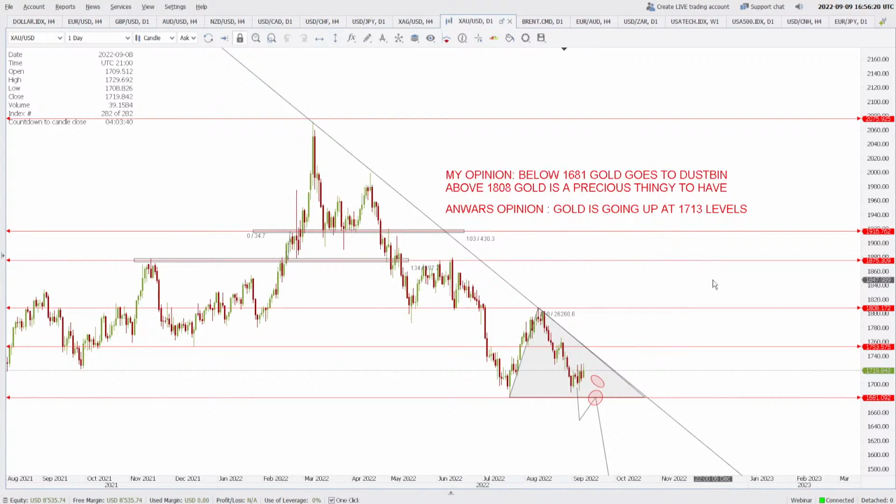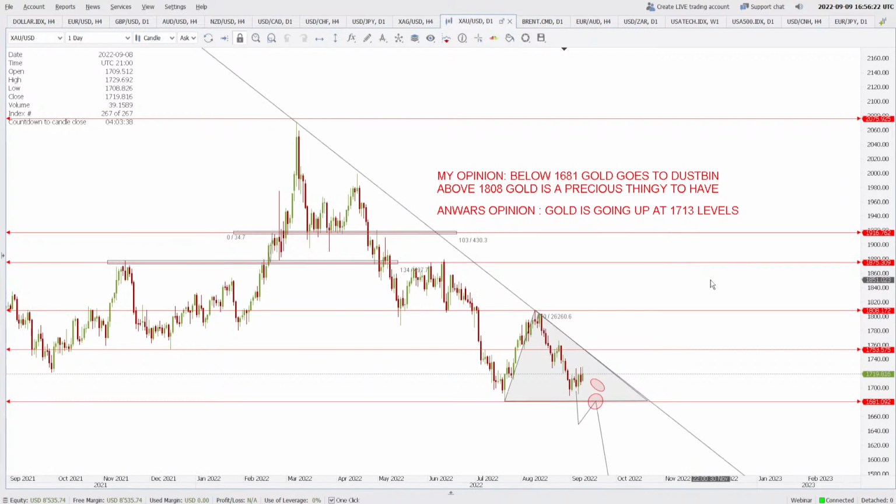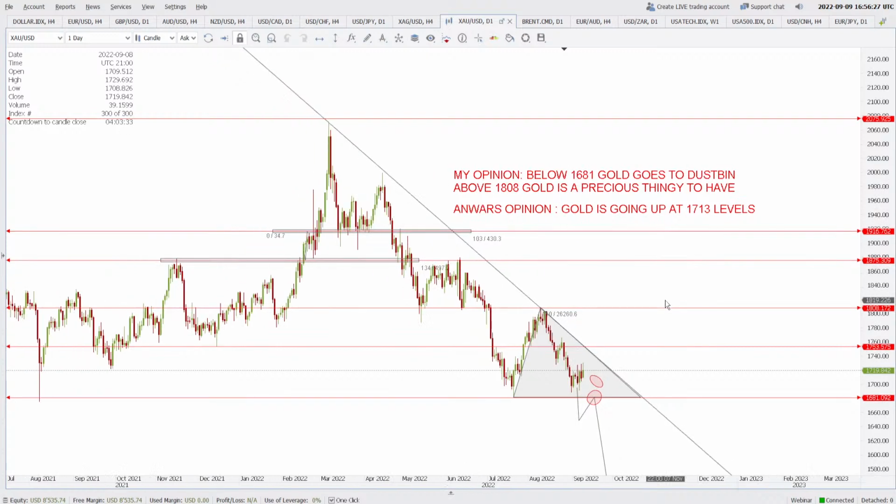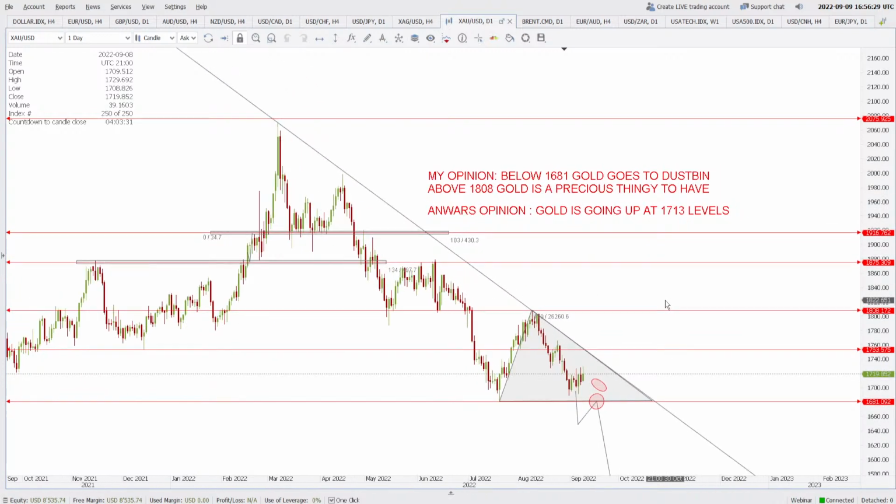The gold is finding it very difficult. Although the silver is rising, the gold is not rising. Why is the gold not rising? Maybe gold is already overvalued and it needs to correct.